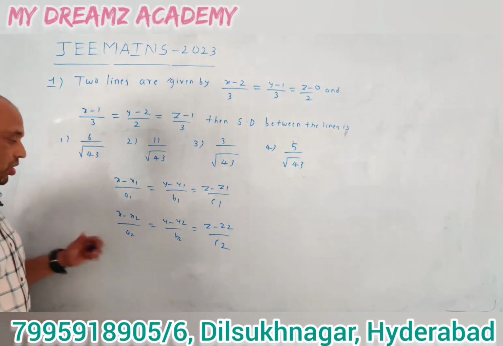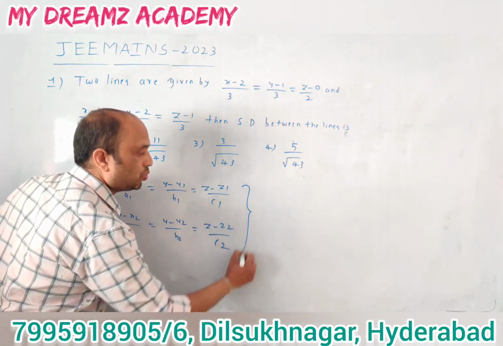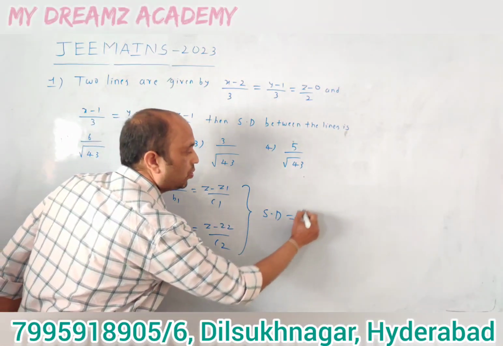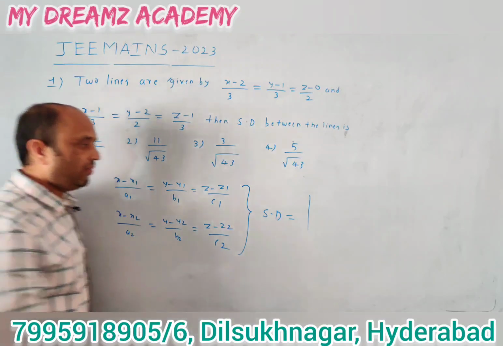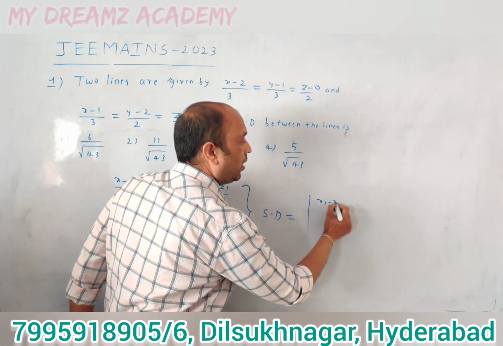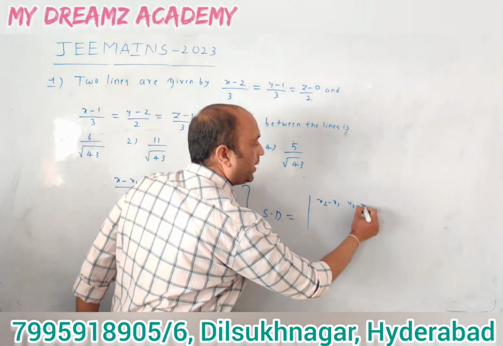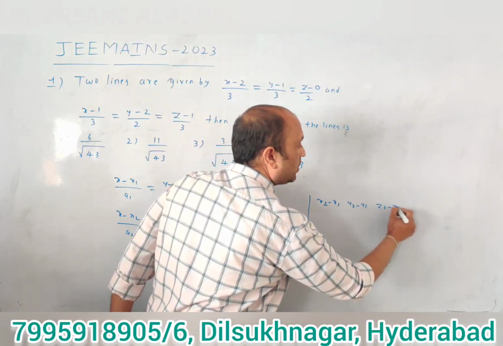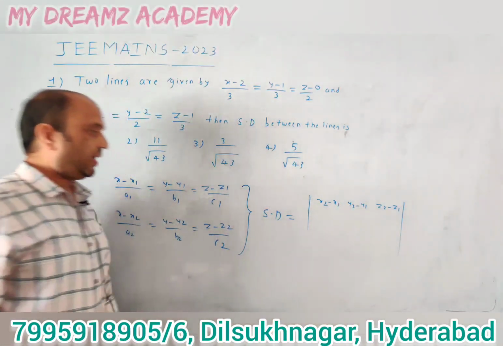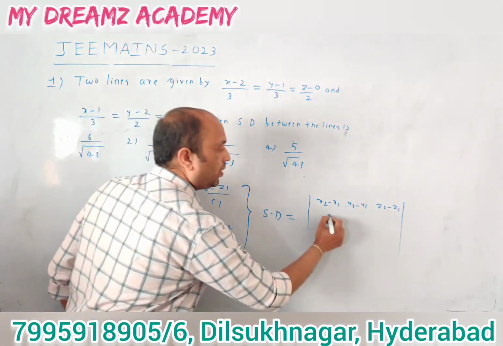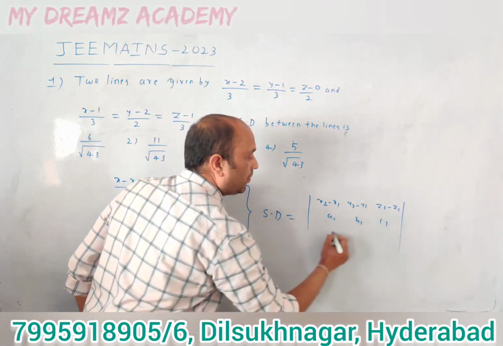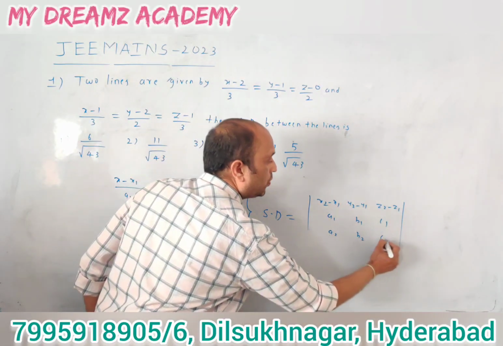So the shortest distance between these two skew lines is equal to the modulus of the determinant with rows (x2 minus x1, y2 minus y1, z2 minus z1), (a1, b1, c1), (a2, b2, c2),